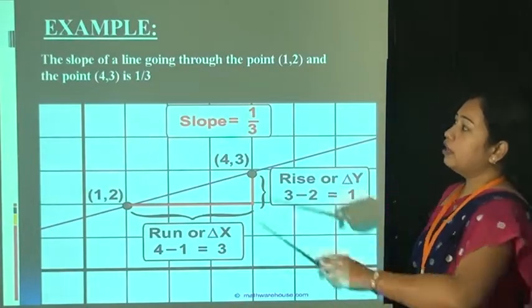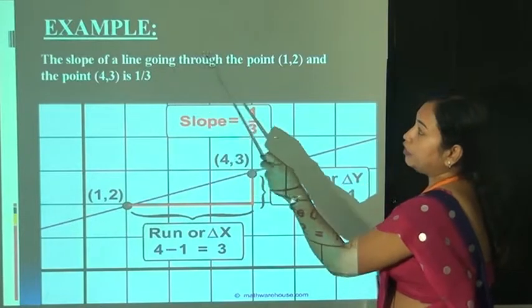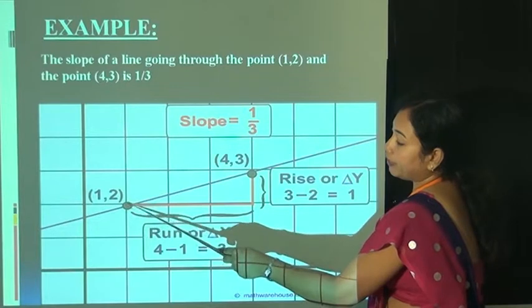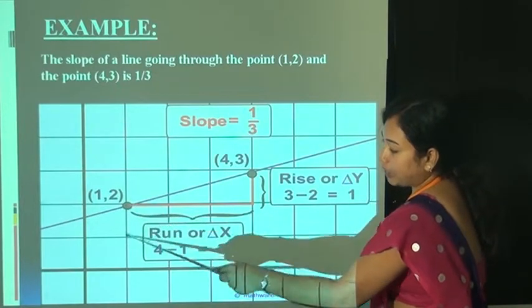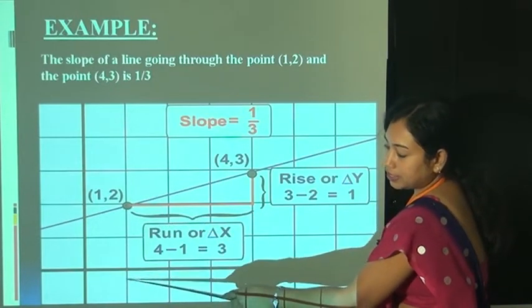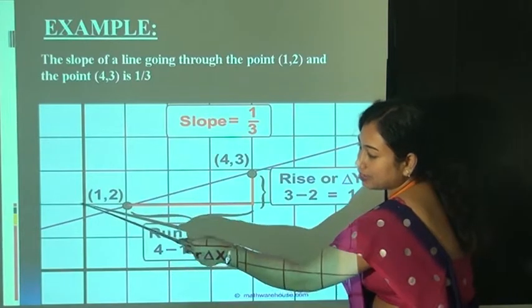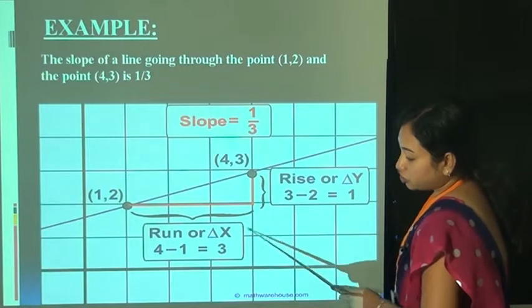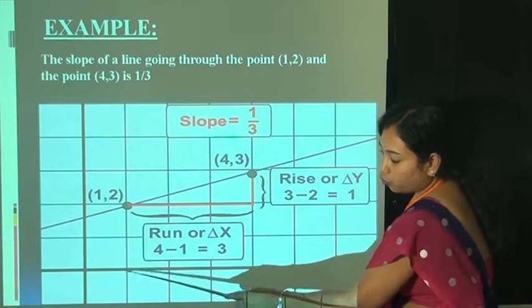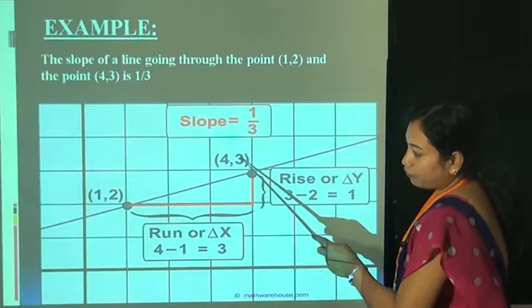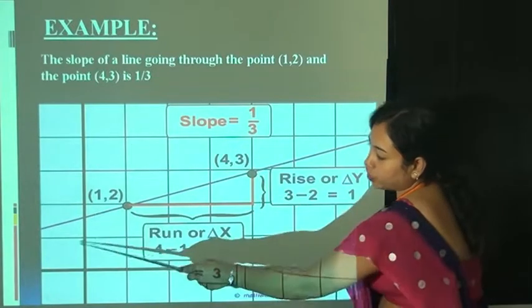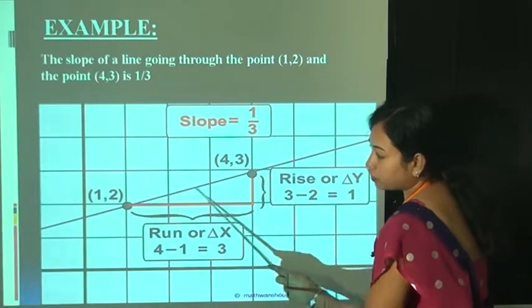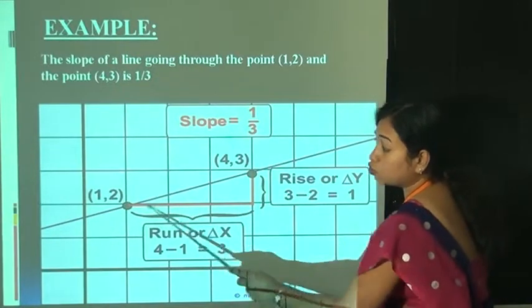For example, we want to find out the slope of line joining the points 1, 2 and 4, 3. So let's take this one is point A, 1, 2. That means ये point x axis पे you can see here distance है 1 and y axis पे distance है 2, 1 and 2. और ये point x axis पे है 4 के जितने distance पे you can count here 1, 2, 3 and 4 and y axis पे distance है उसका 3. So 1, 2 and 3 you can see here. So we want to find out slope of these two points.